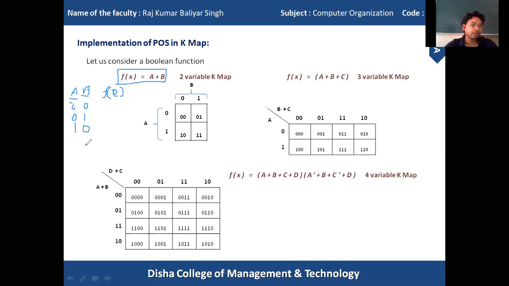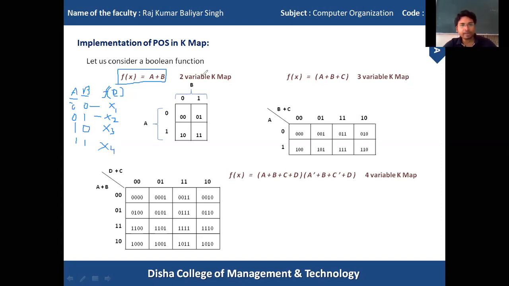From one combination we get one output state, from the second combination another output state, similarly a third and a fourth output state.